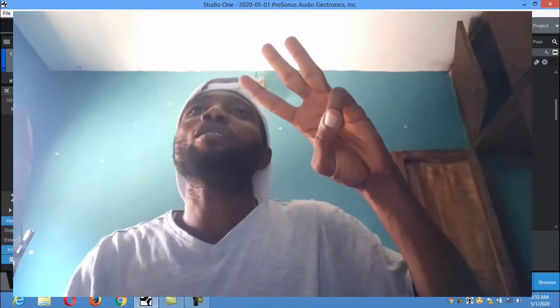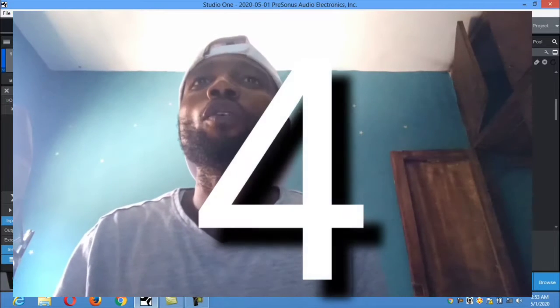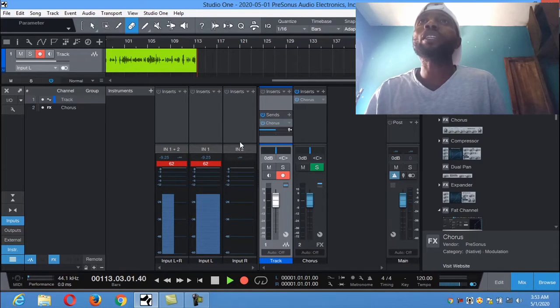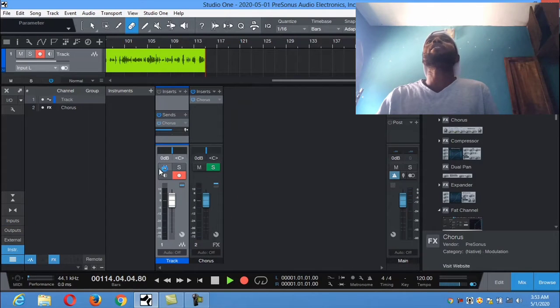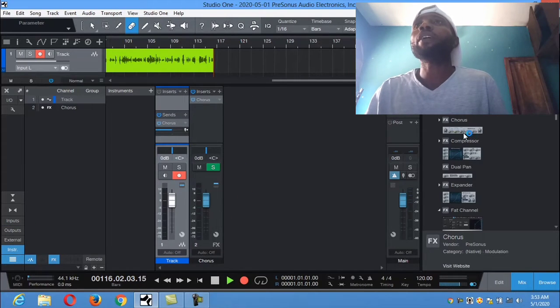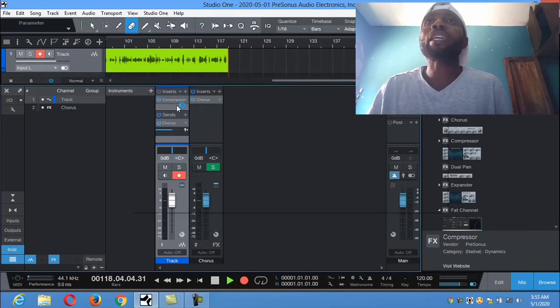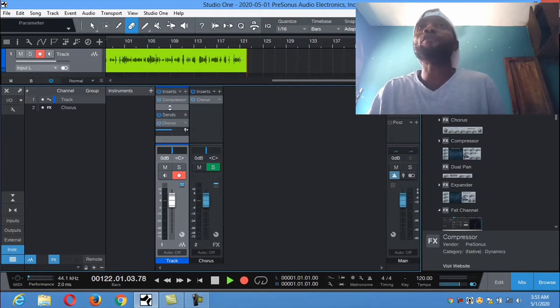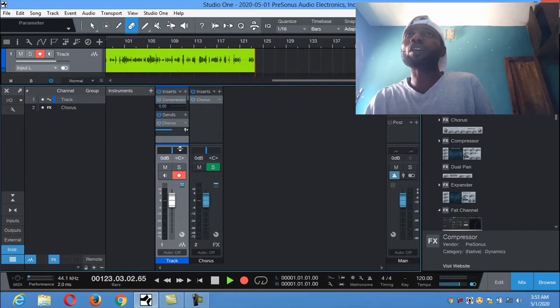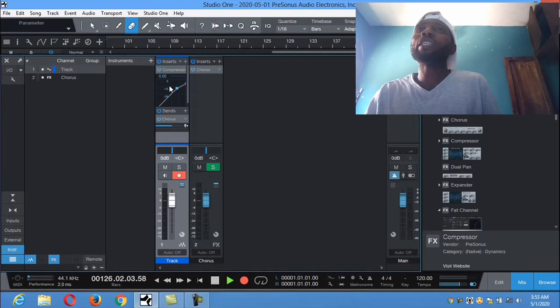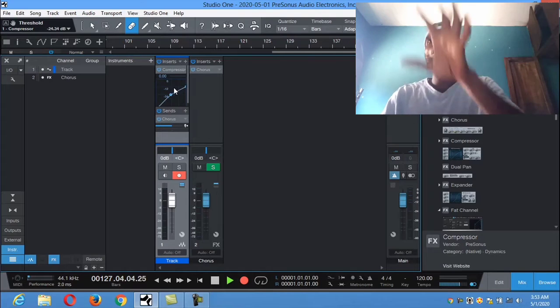I love that 3rd feature. And the number 4 feature that I love about PreSonus is their mixer. The mixer is created in such a way that if you open any effect, you don't really need to open the effect before you can amend anything on it. Once you open your channel, the effect will be open at a smaller view that you can quickly do whatever you want on. So you don't really need to open the bigger view of the effect.